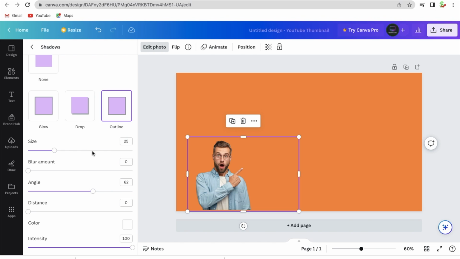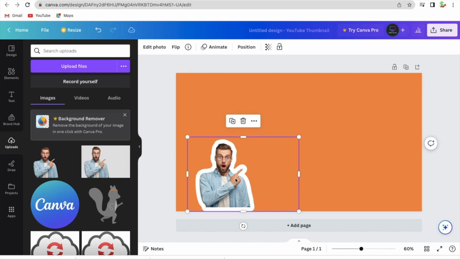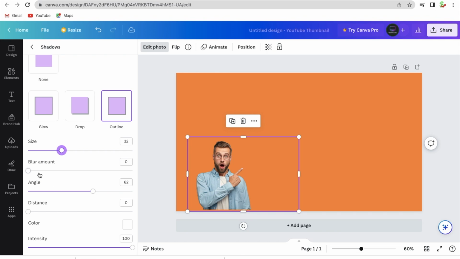Now we can customize this outline in a couple of different ways. Firstly, we can adjust the width of the outline. If we increase it all the way to 82, as you can see, it's a very large outline. You can also make the outline blurred so that it blurs into the background. So if I increase this to 50,